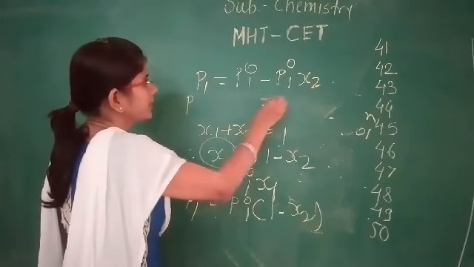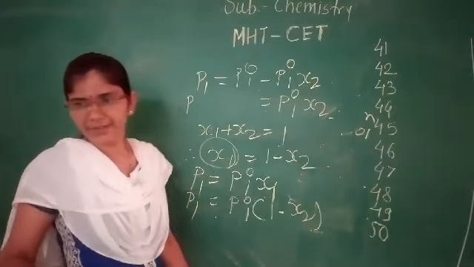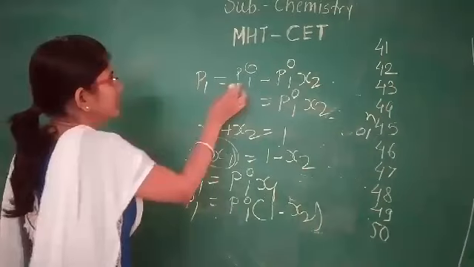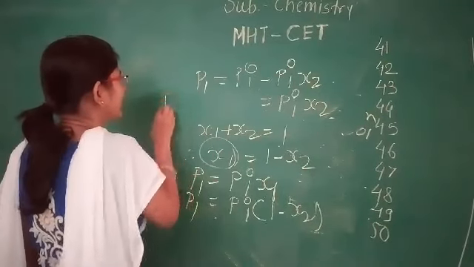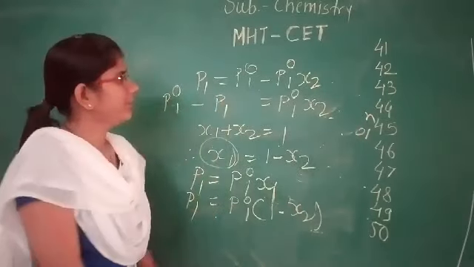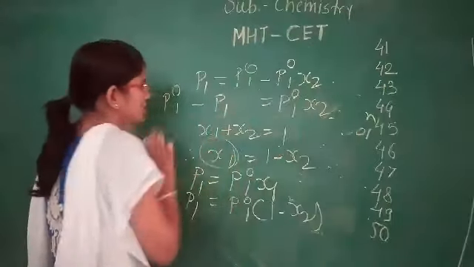Here we have P01 x2, and if we bring this over here, it becomes P01 minus P1. ते आपण इकडे आणलं आणि इकडे नेलं तिकडे नेलं, हे रिअरेंज केलं इक्वेशन.